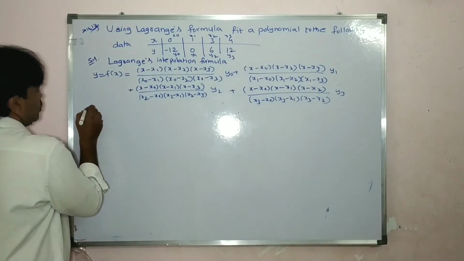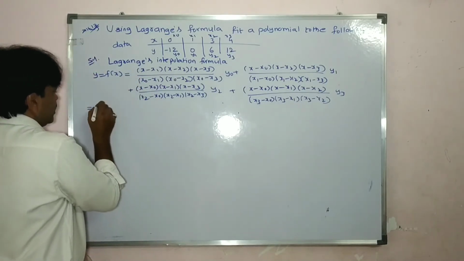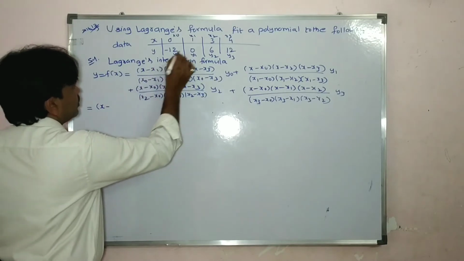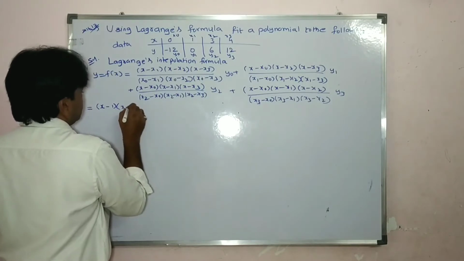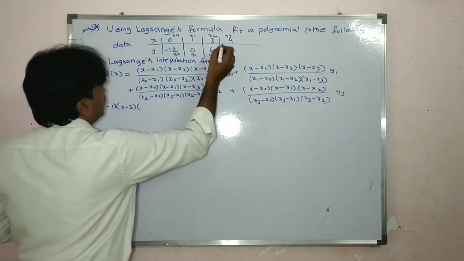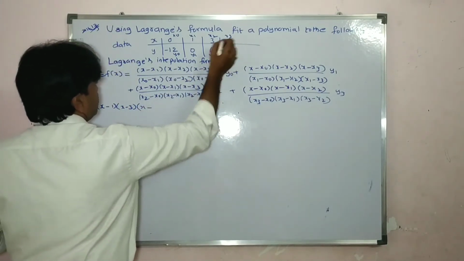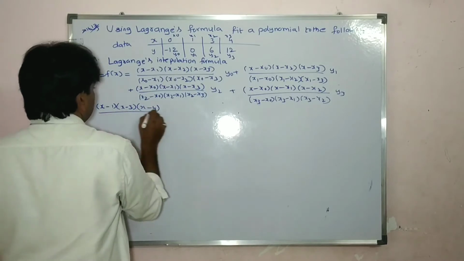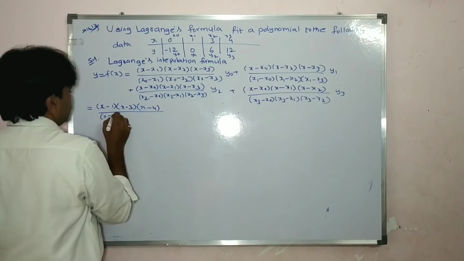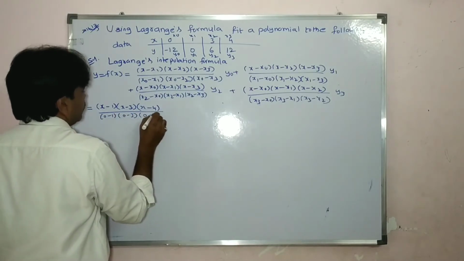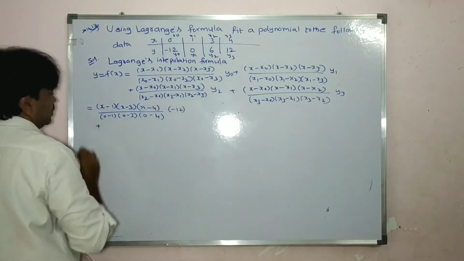So that is equal to x. We don't know x, so we keep it as it is, x minus x1 into x minus x2, x minus x3, x3 means 4, divided by x0. What is x0? 0. So 0 minus 1, 0 minus 3, 0 minus 4 into y0, which is minus 12, plus